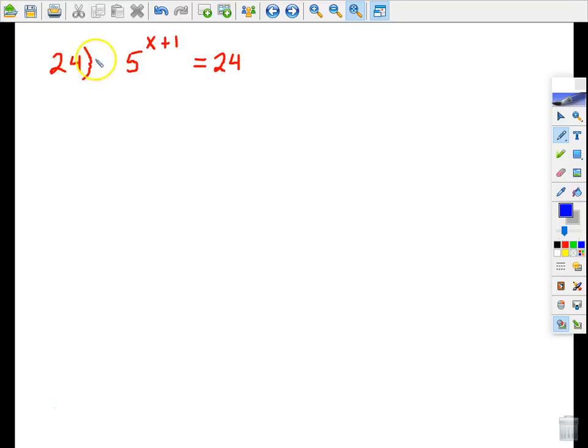I don't have anything being added or subtracted to this number raised to the power, so I'm ready to write this in log equation form. So it's going to be log base 5 of 24 equals the exponent x plus 1. All right, so once again, you're going to use the change of base method. So hit your log button, put in 24, close parentheses, divided by, log again, put in the number 5, close